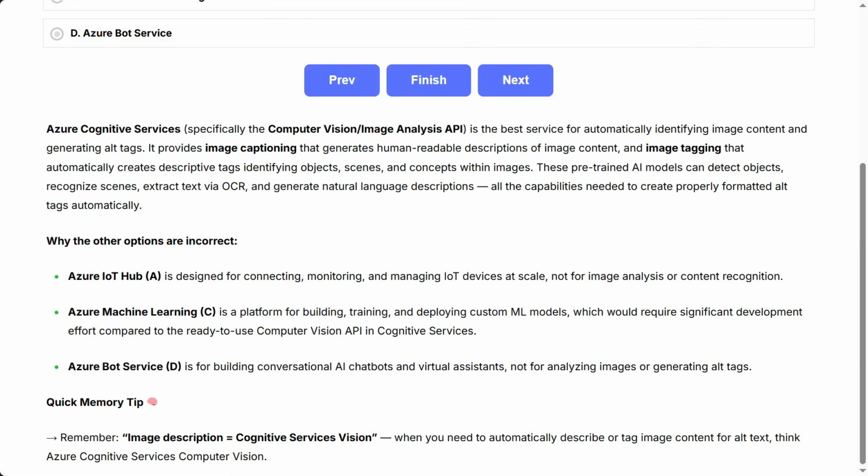Why the other options are incorrect. Azure IoT Hub (A) is designed for connecting, monitoring, and managing IoT devices at scale, not for image analysis or content recognition. Azure Machine Learning (C) is a platform for building, training, and deploying custom ML models, which would require significant development effort compared to the ready-to-use Computer Vision API in Cognitive Services. Azure Bot Service (D) is for building conversational AI chatbots and virtual assistants, not for analyzing images or generating alt